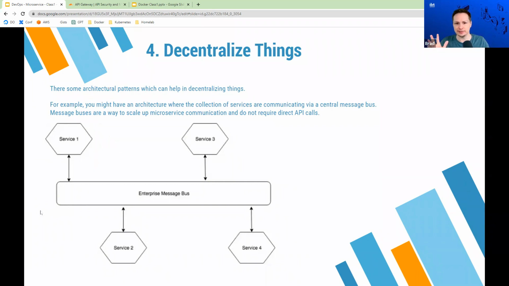And there's many different types of message queues and queuing strategies, but the simplest one that I can bring up here is just a simple message queue, first in, first out, right? So basically you send a message to this queue. You have writers and consumers. So your writers are going to write messages to your queue, and then your consumers are going to read messages from that queue, right? So service 1 might be a writer, and it's going to write messages to the queue. And then service 4 could be a consumer of that queue and goes, oh, okay, I see this message. Now I'm going to do some work.